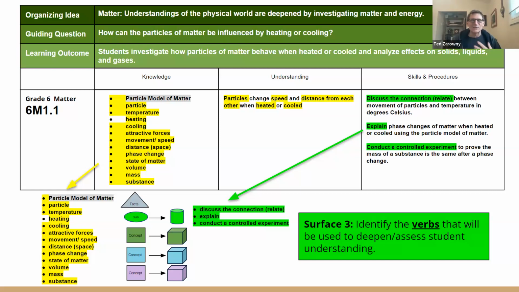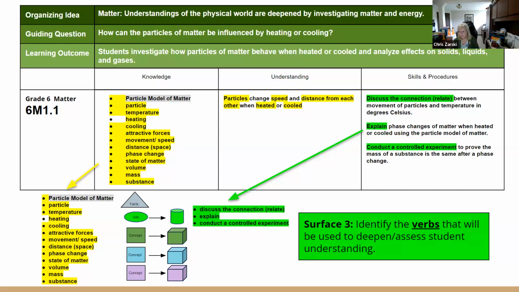We're just going to focus on some simple experiments where they can learn about how to conduct an experiment, and that's at the surface level. And once we know about all those good things, then we're going to move forward. But right now we're going to stop and give you some examples of how you can introduce, at the surface level, the concepts and skills that are going to be needed to develop the understanding in this particular cusp.